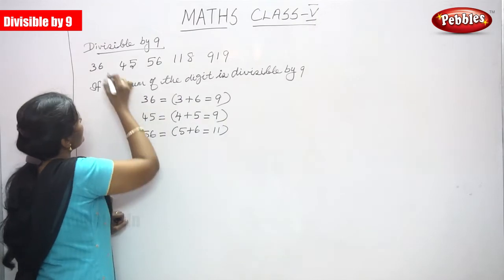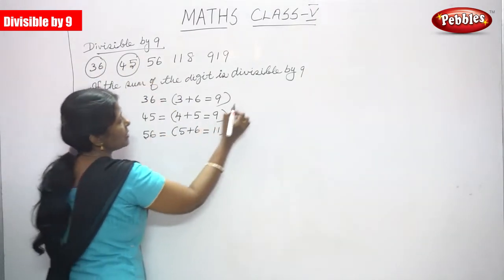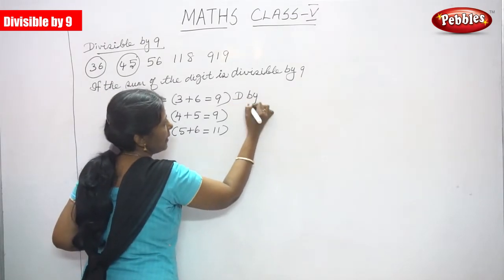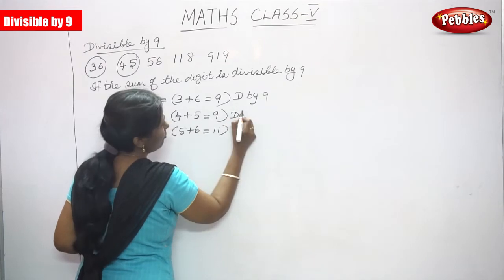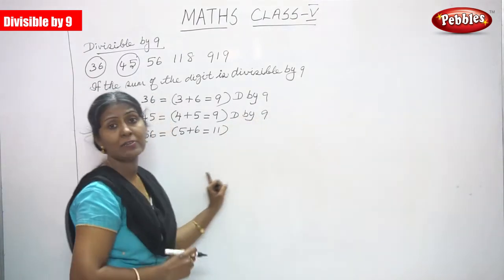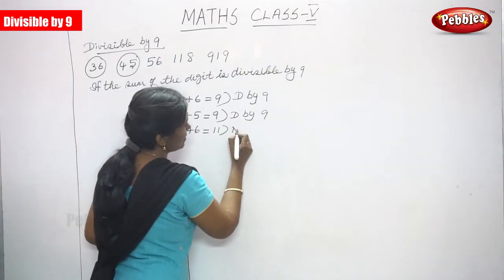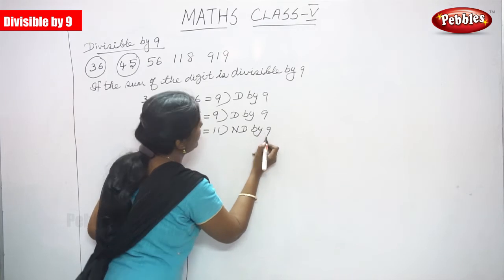So 36 you have to circle, and 45 you have to circle, because they are divisible by 9. And this 11 is not divisible by 9. That is, ND means not divisible by 9. Next one is